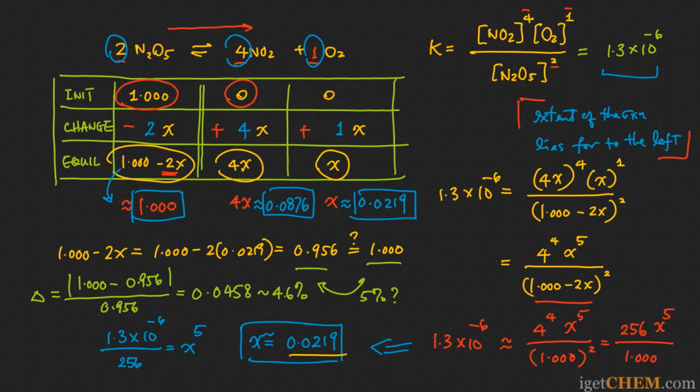And if you haven't checked out some of our other videos on how to do ICE calculations, and some of them would involve using the quadratic equation for reactions where the highest order of x that shows up in the equation is no larger than 2, then you